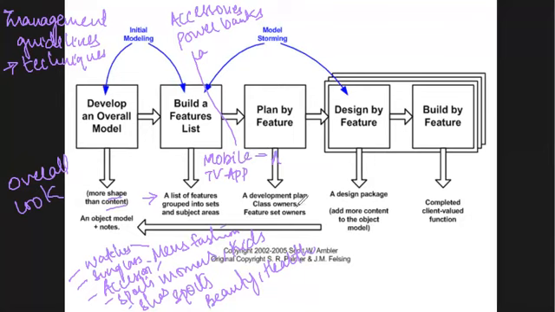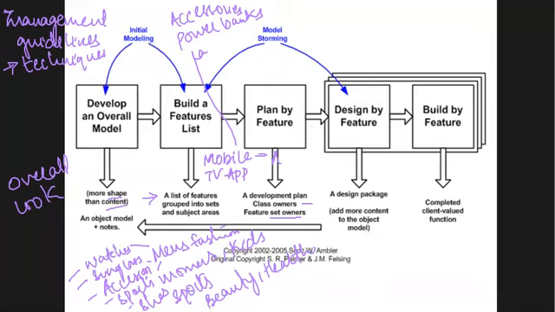Now a development plan is based upon the class owners and feature set owners. A class owner is the one who is going to focus upon one specific feature, who is going to develop the watches feature brand, and who is going to oversee the men's fashion. You're going to make a development plan based upon the class owners and the different feature set owners, for the different watches and sunglasses, who is going to individually design them. You're going to build this.